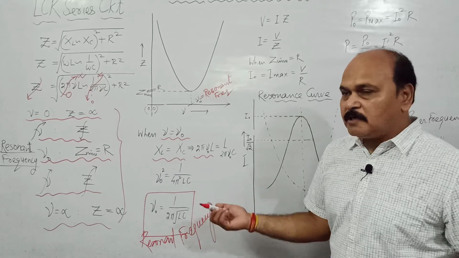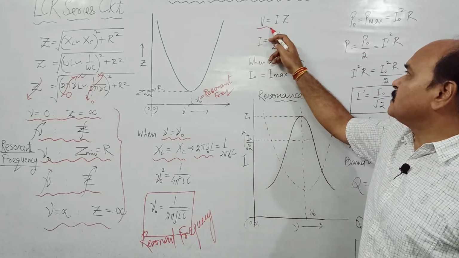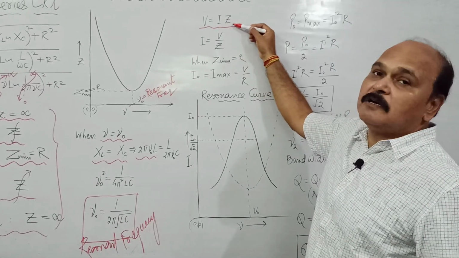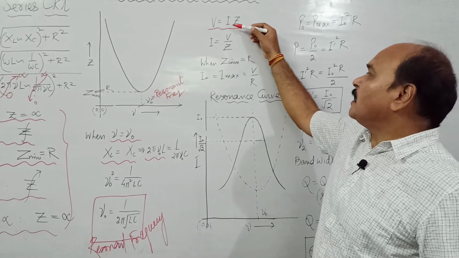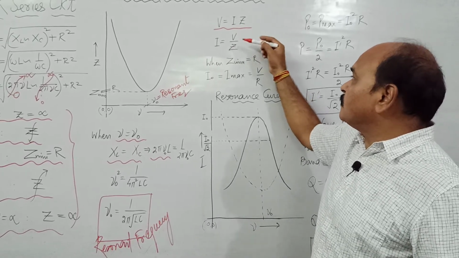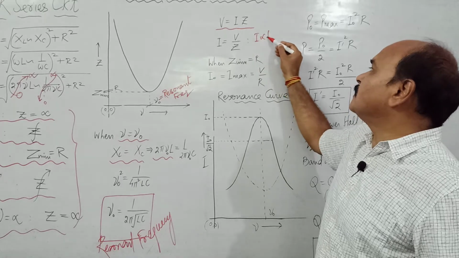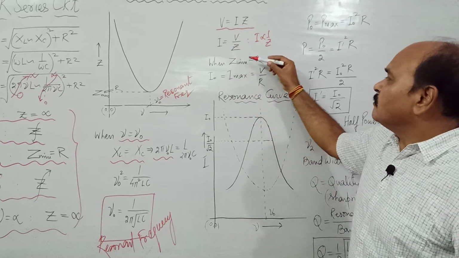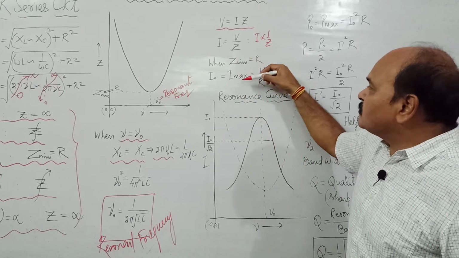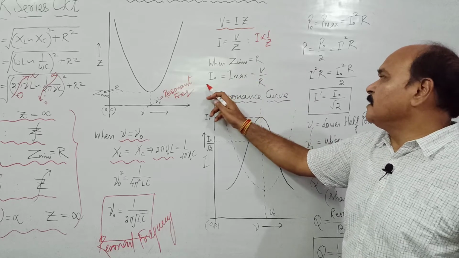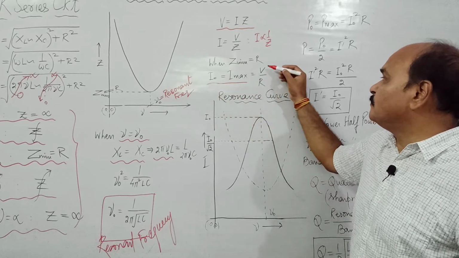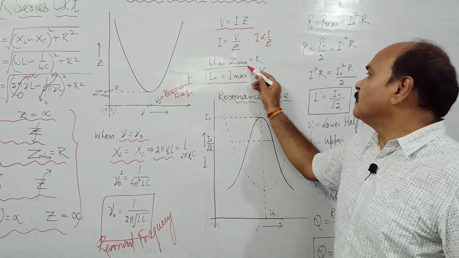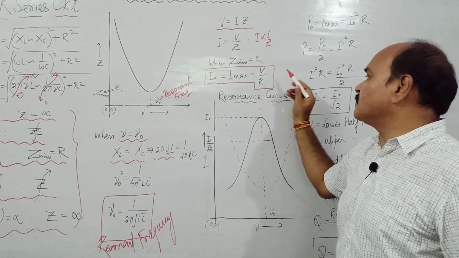Besides this, we know, children, that the current in LCR series circuit is V by Z. Overall voltage is overall current into overall obstruction, that is impedance. So what is I? I is V upon Z. And you can see here, I is inversely proportional to Z. V is the property of the source. It is invariant. Now see, when Z is going to become minimum, I has to become maximum. So what is maximum value of I? Maximum value of I is I naught, and that is V upon minimum value of Z, and that is R. So this is maximum value of current at resonance.